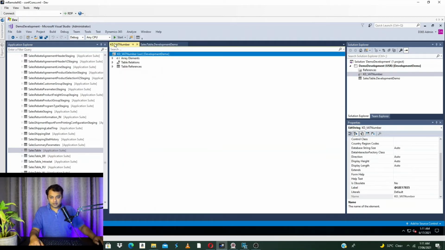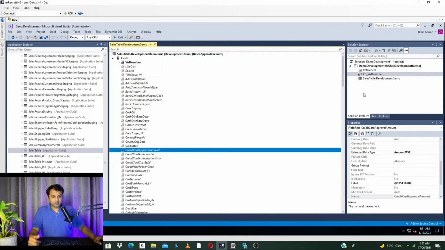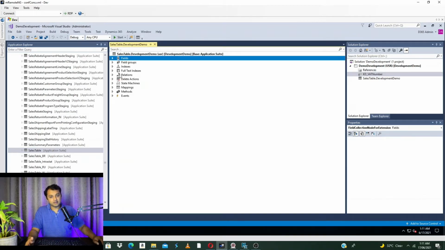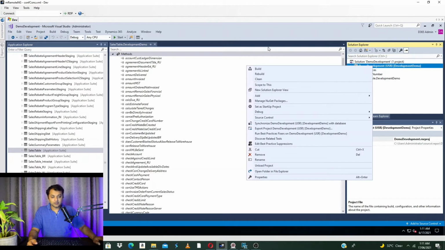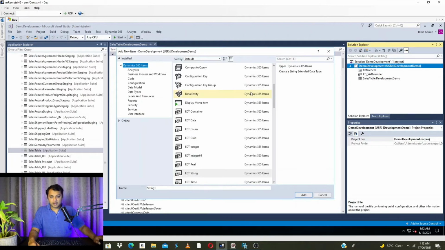Now another thing you might have to customize is adding a new method. So as you can see, if I expand the method menu and right click, I'm not able to create a new method under it. So for that, we need to create a final extension class, and there we need to add our new method. To have that sort of customization, we need to go to add new